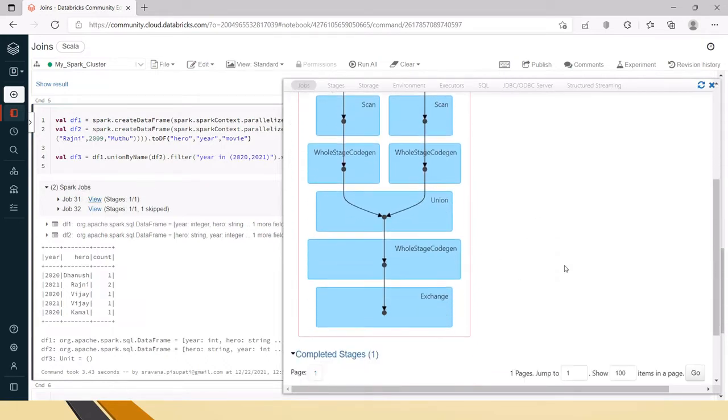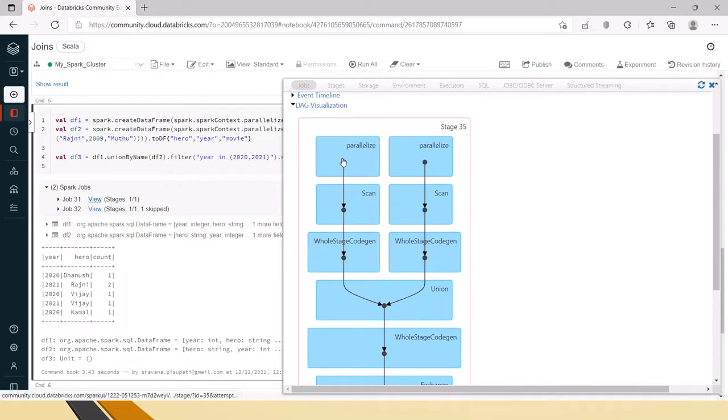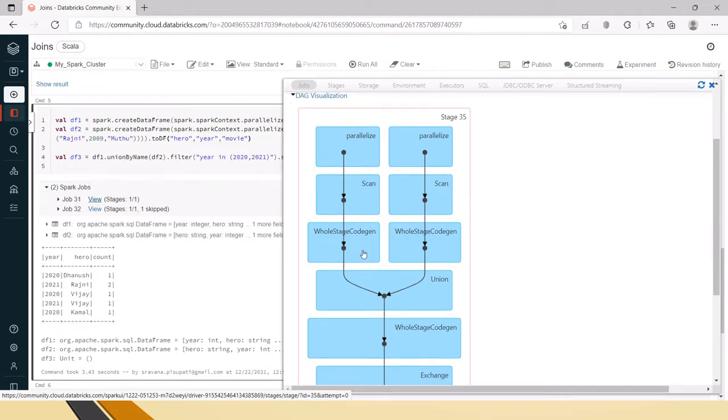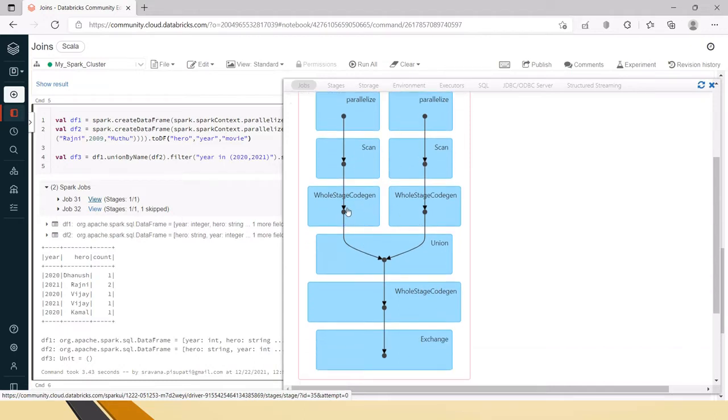which is for reading the two data frames and performing the union, filter and all that. If you see here, I have used parallelize, so this left side is for df1, right side is for df2, and scan means reading the file, and here it is performing the data frame creation operation.